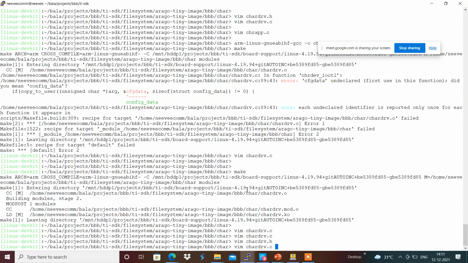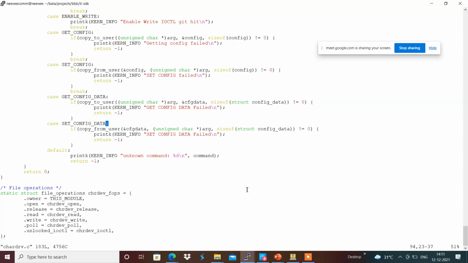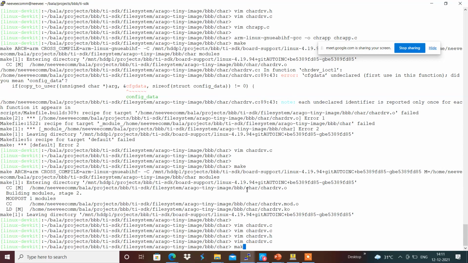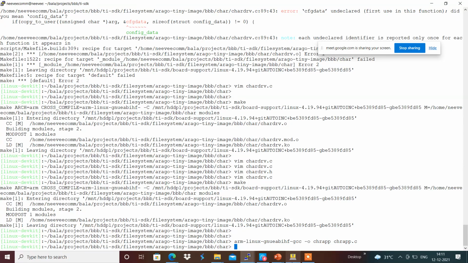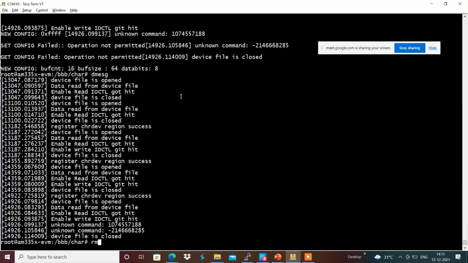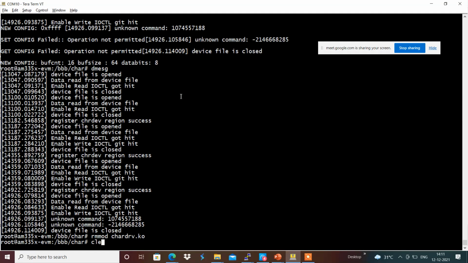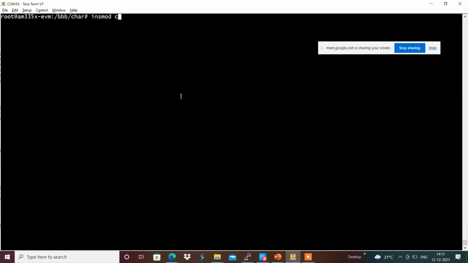Okay, maybe I have to compile it again. Yeah. Character drive.ko, and I'm going to insmod this character drive.ko again, and chr app. Set config failed. chrapp.c.